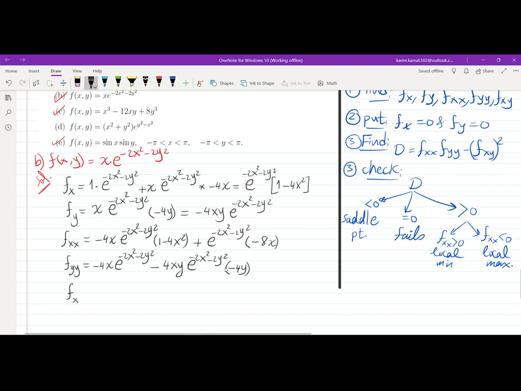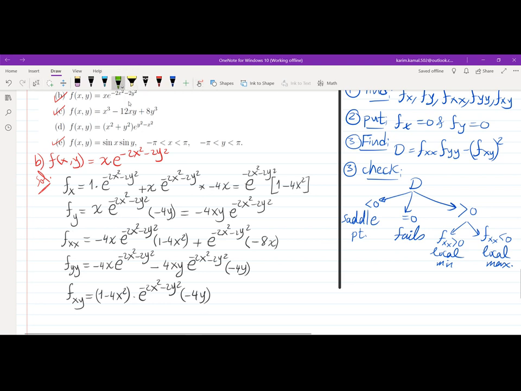For fxy, we will differentiate this function, first line, with respect to only y. So the first term, which is 1 minus 4x squared, is a constant as it is. The derivative of the exponential function will be e power negative 2x squared minus 2y squared times negative 4y. Then we have to go to step number 2, which is to put fx and fy equal to 0, where